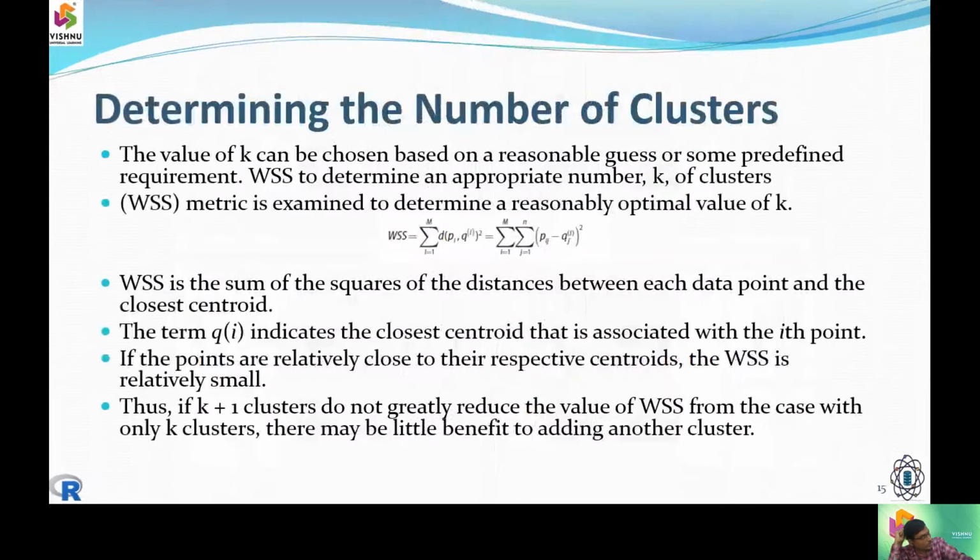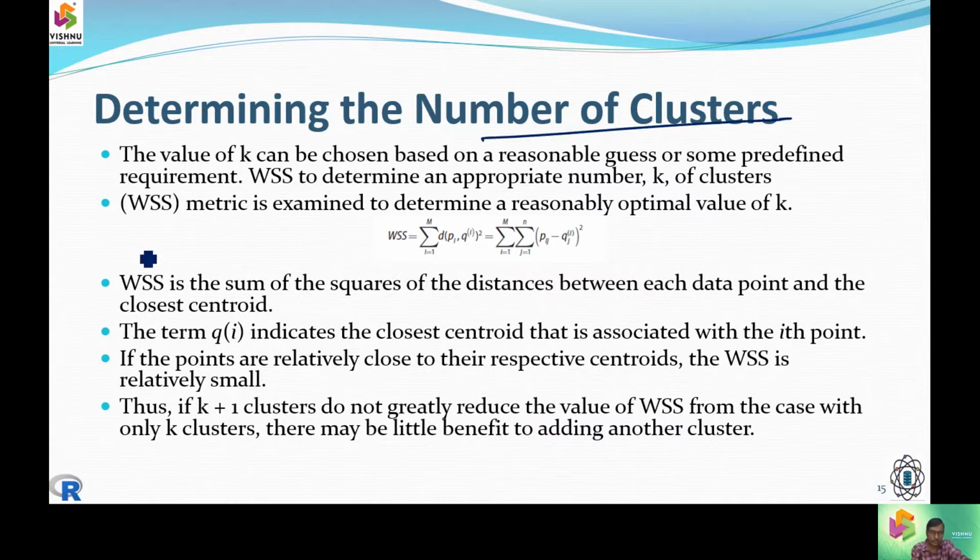Now the next thing was, how did you give a random value? Why did you give a random value? And are there any mechanisms to define the value k equals 2, k equals 3? How can we initialize it randomly? So there are different ways for the data scientist to choose, determining the number of clusters.